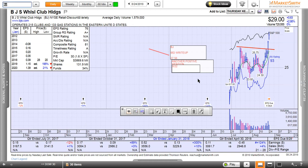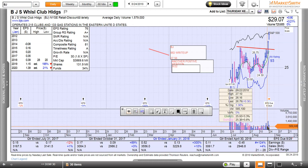There you go. Look at the volume. I always tell people talk with their mouths and vote with their pocketbooks. Right here, that wasn't mom and dad buying. Maybe it was. That wasn't mom and dad buying. My kids would say that. That was dad buying. But look at the lift. Look at the volume pickup. The day before, the stock did, watch this. The day before, the stock did